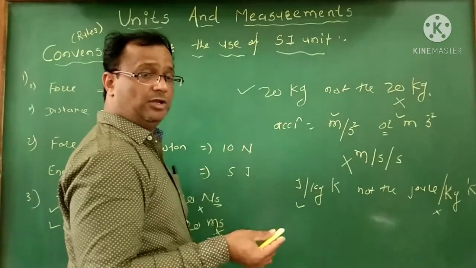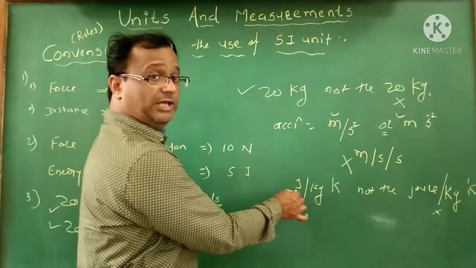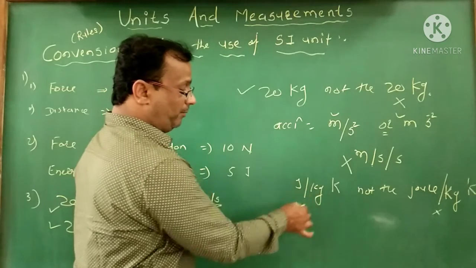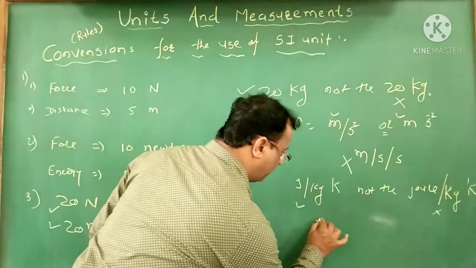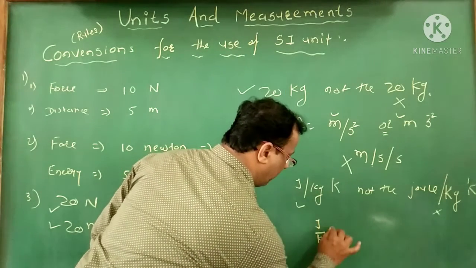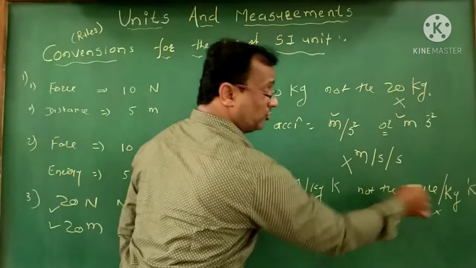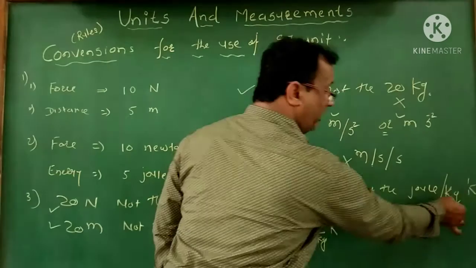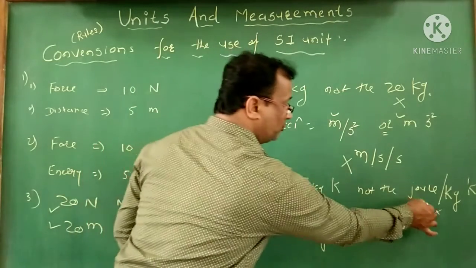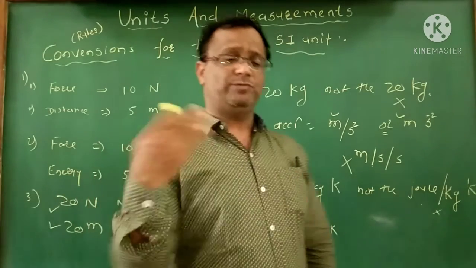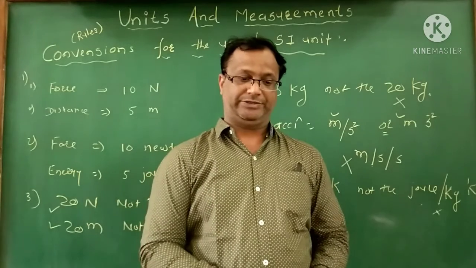If we want to write down the combinations of different units, then we write here only in symbolic form. That is joule per kg Kelvin. Or again we write this one, joule, kg, and now Kelvin. In this way we write, but this will be the wrong method, because here we take the combination of full form and symbols. That's why this will be the correct one, and this will be the wrong one. Again, this will be one of the rules to write down the SI unit.